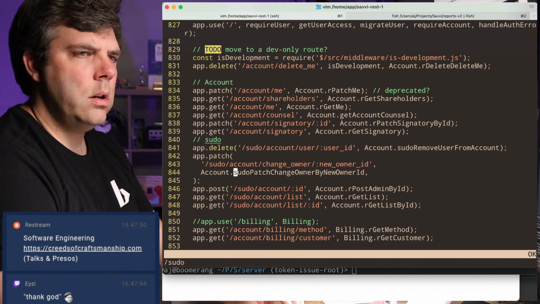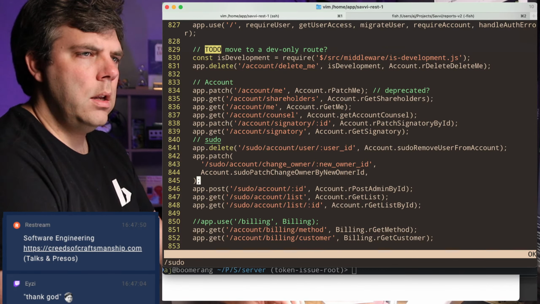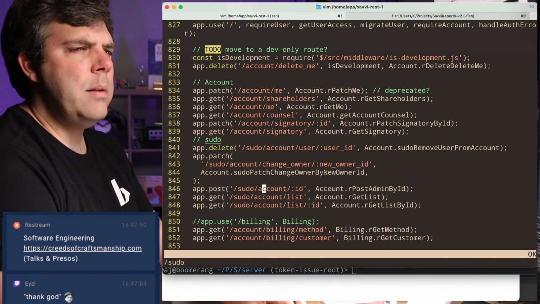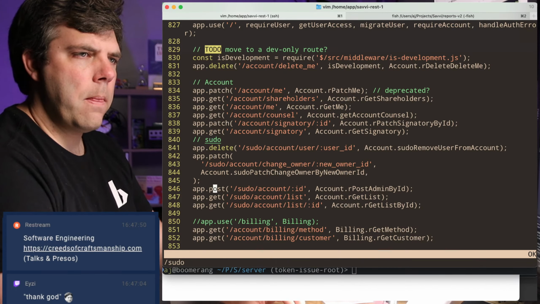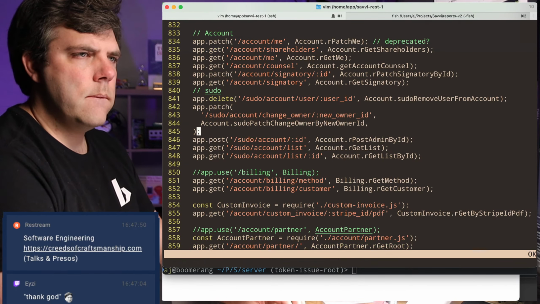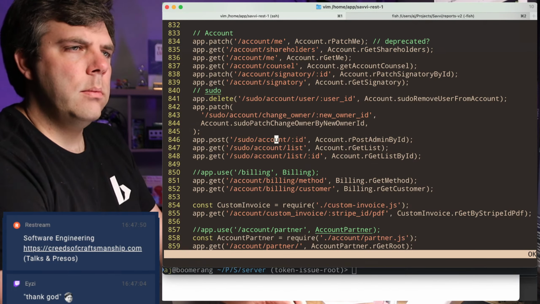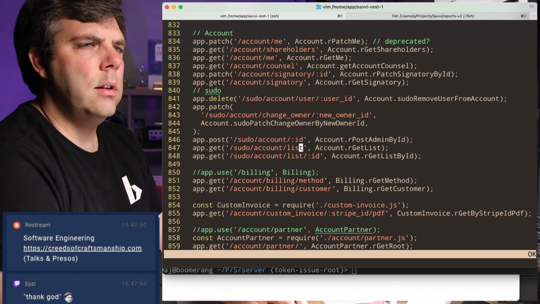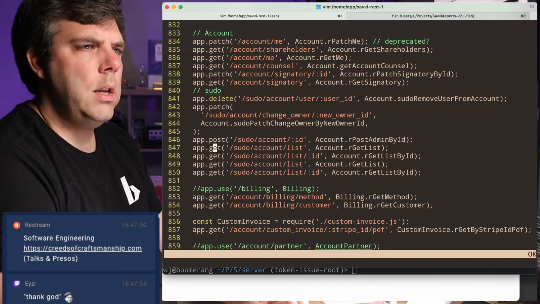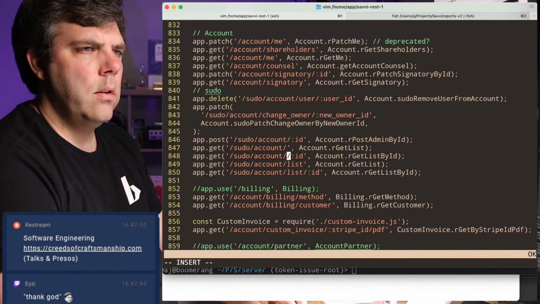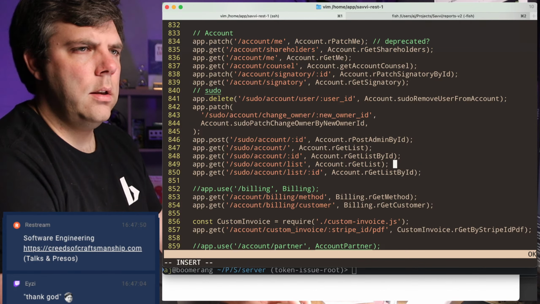Add user. Okay. Post admin by ID. What does that mean? This sounds like we're going to be changing something about the account list. So to me, I would think we could deprecate these.